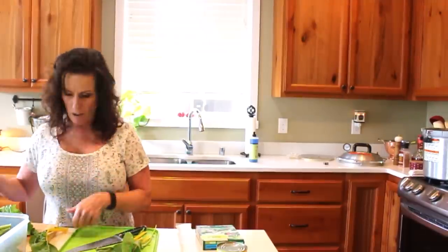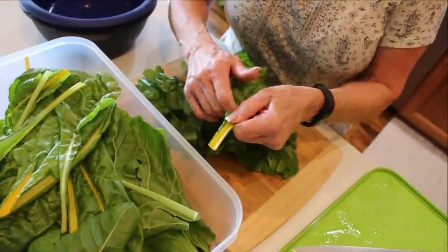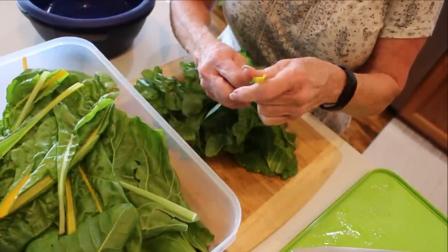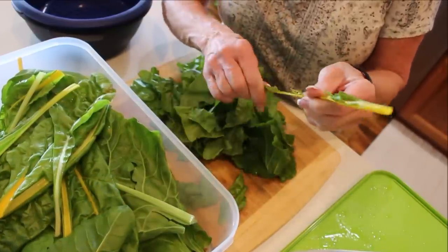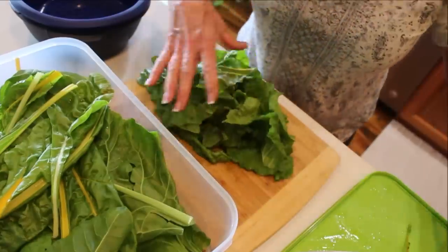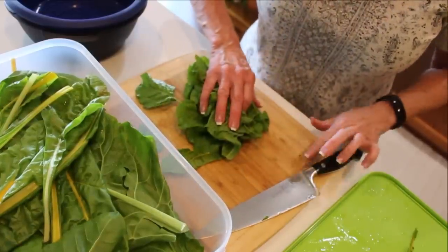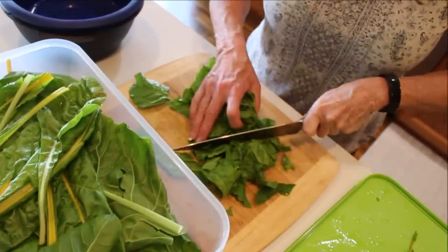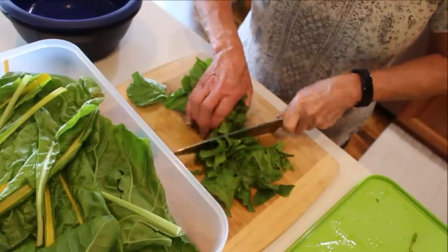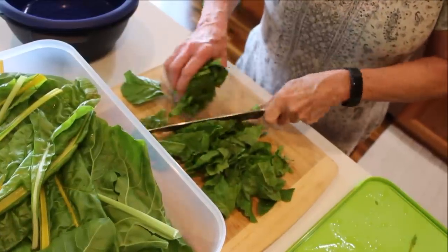So let me bring you in close and I'll show you what else I do. It's pretty decadent. Okay, so it really can't get any easier. You just take and you can fold this over so you can do both sides, strip both sides at once. I'm gonna wash this really good, but first all I'm gonna do is kind of put this in a makeshift cigar so we can get it chopped up, because when it cooks down, it'll shrink